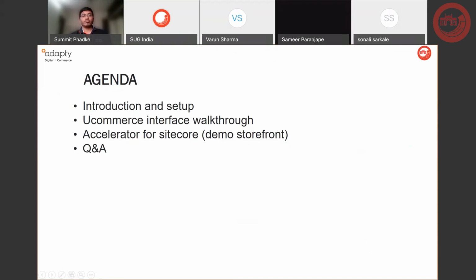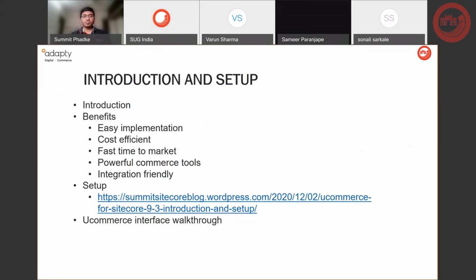E-commerce by default has a demo storefront, which you need to install, and I'll give a quick walkthrough. You will see a live experience of placing an order and going through the entire checkout flow. And then at the end, we will have question and answers, or anything else you need from me. We can discuss that if time permits. Okay, so let me continue.